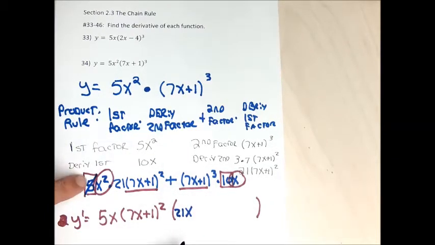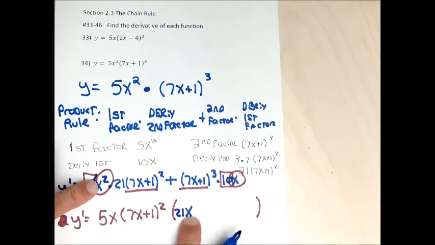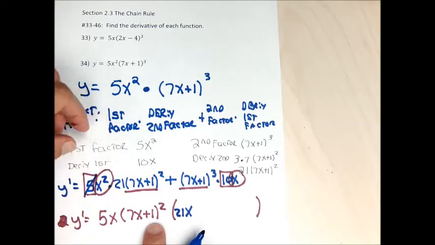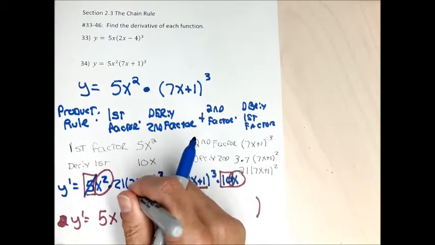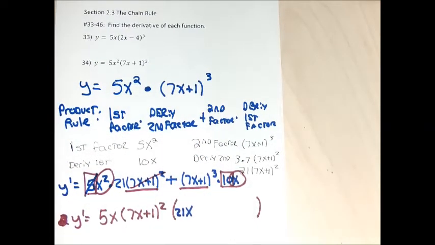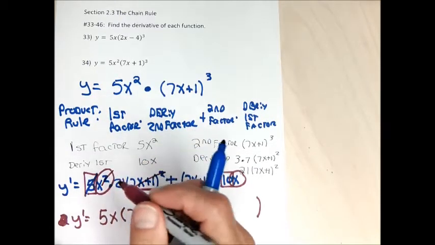So the 5 is gone, it's factored out. One of the 2 x's is factored out. One of the x's is left. The 21 is still there. I factored out the entire 7x plus 1 squared, so it's gone. So from the first piece, what's gone is the 7x plus 1 squared, the 5, and 1 of the 2